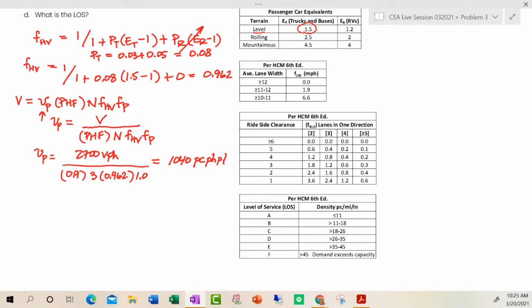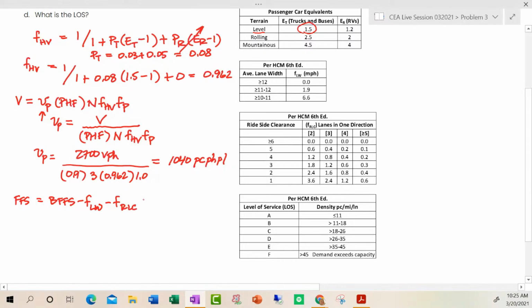Now, let's look at figuring out what the speed during peak hour travel is, or our free flow speed. Again, we can look up the free flow speed in our reference material. Free flow speed equals the BFFS, which is the base free flow speed, minus these factors. So we've got an FLW minus an FRLC minus